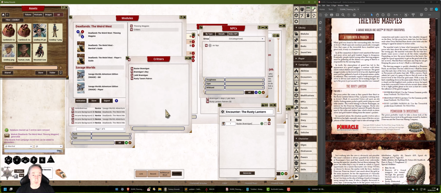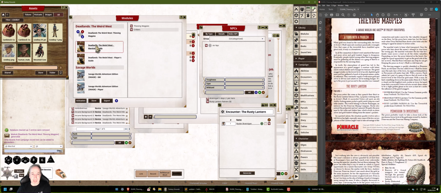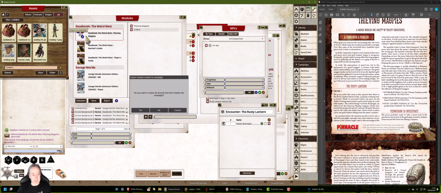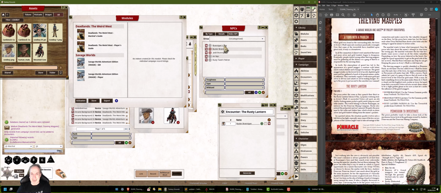Likewise, technically speaking, we've created Buster Brannigan and the Boys. We can just click this button up here, which imports all the data in this module we've made into the campaign, which is another way to export the module. We'll cover that later, but if we click that button and say yes, it's now added all the NPCs we created